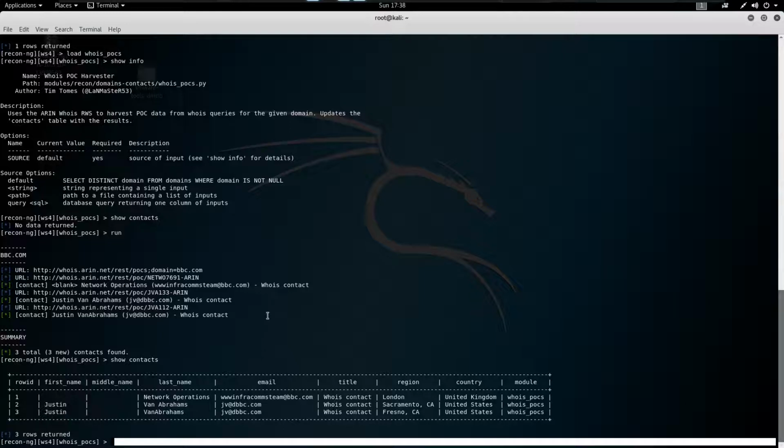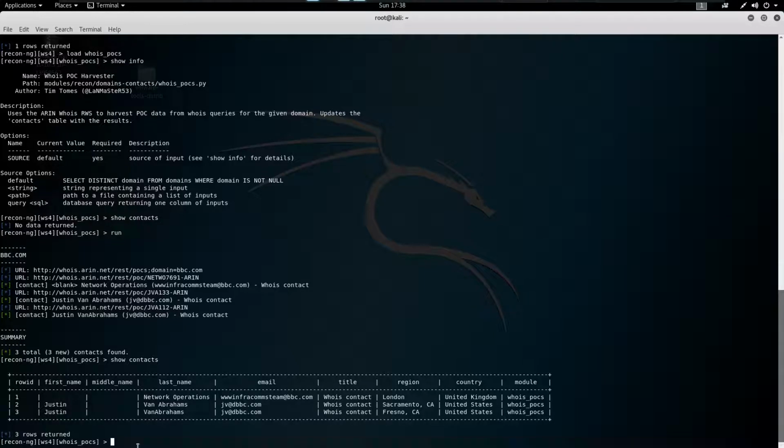Now to check the subdomains of bbc.com, you can use the Google site web or the Bing site web. I am using the Bing here.